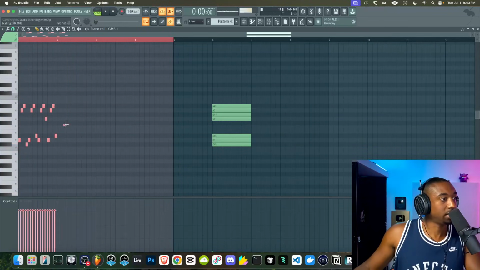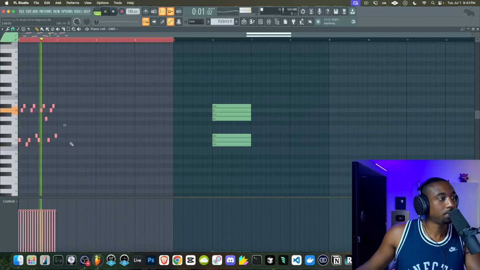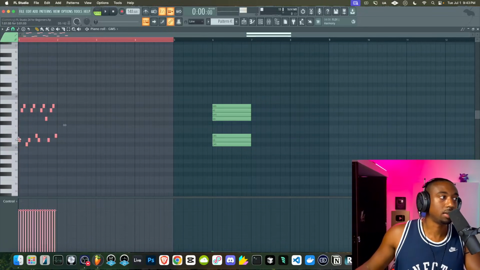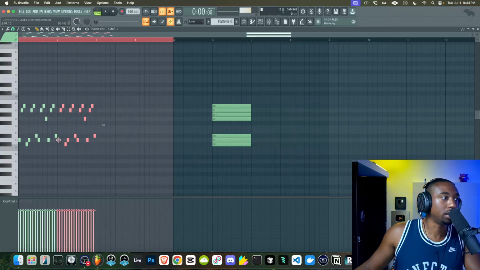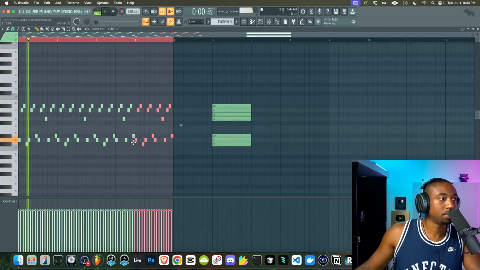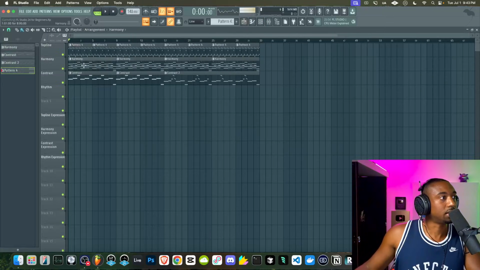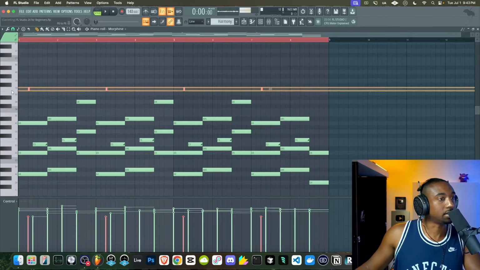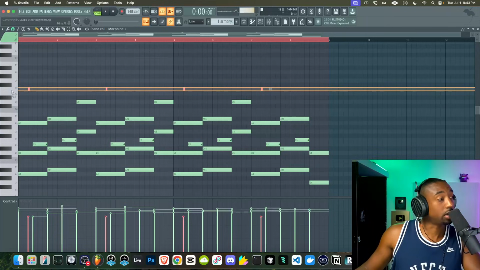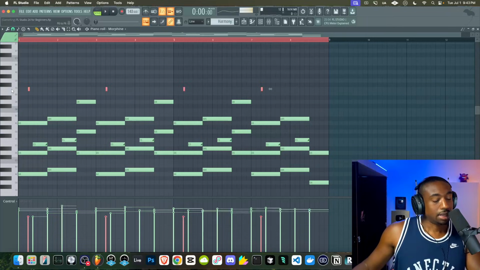Or you could do it even faster, which I doubt is going to sound good. It kind of sounds good. Let's left click, hit Shift, left click to duplicate this. Let's go back to the harmony though, and let's take out that meow because it's distracting. So let's take out this high note, hit Control. Highlight that, hit Control X.